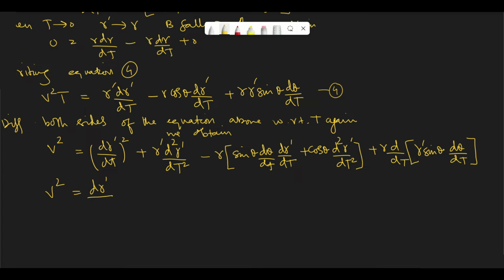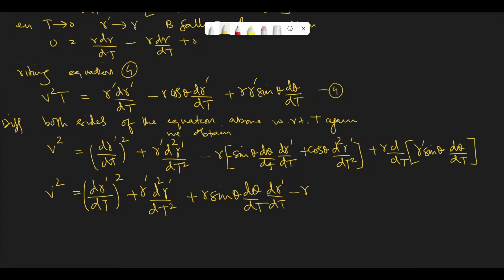So we get v² is equal to (dr′/dt)² plus r′ d²r′/dt². This is minus, so we have plus r sin θ dθ/dt